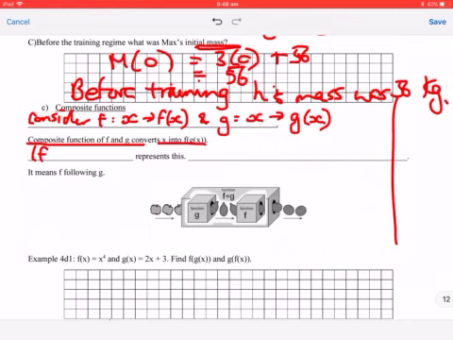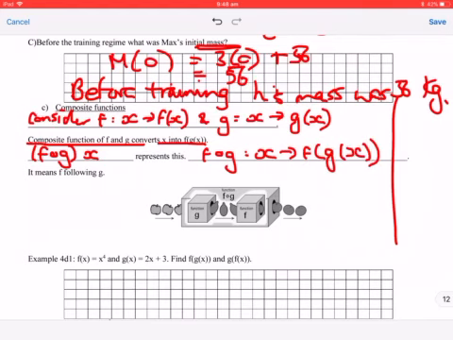So you can call this f of g, f ∘ g of x, which means that this little machine, f of g, takes x to f of g of x. Alright, what on earth does that mean? It means f is following g. So first, if you're finding f of g of x,